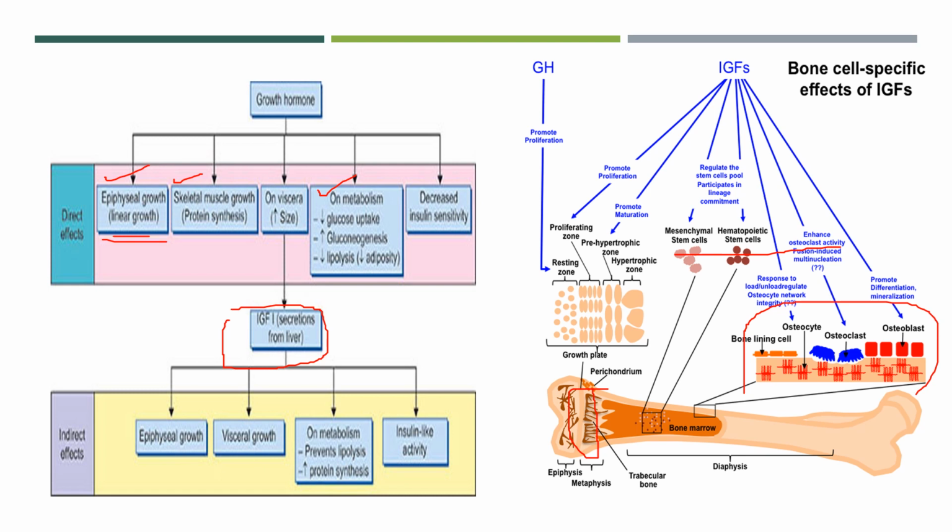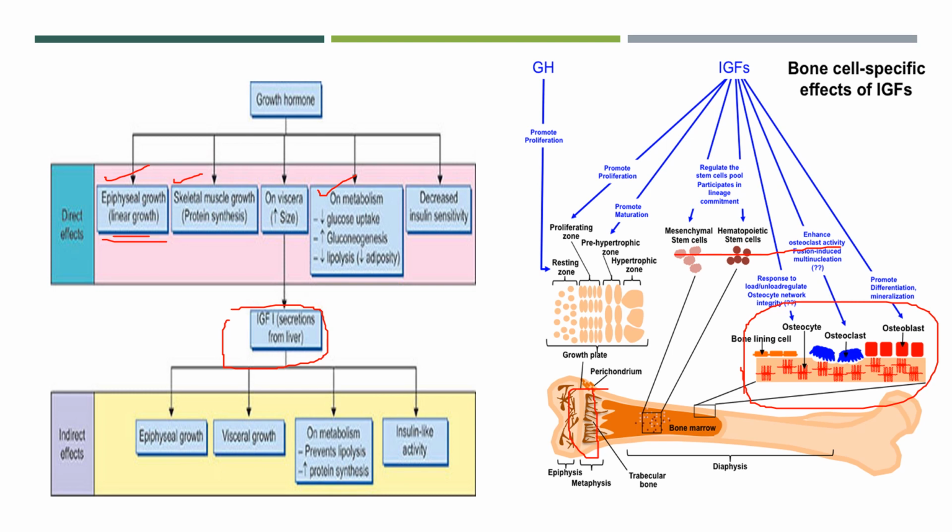So it will actually activate the osteoblastic cell and help in the deposition of calcium. Bone mineral density will be increased. Now other than activity on the bone, we know that it will activate the skeletal muscle. So growth hormone increases the growth of the skeletal muscle by increasing the protein synthesis.